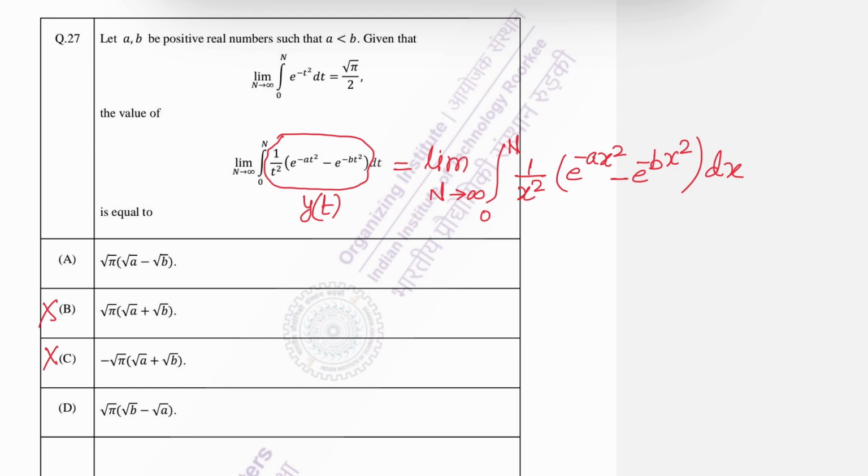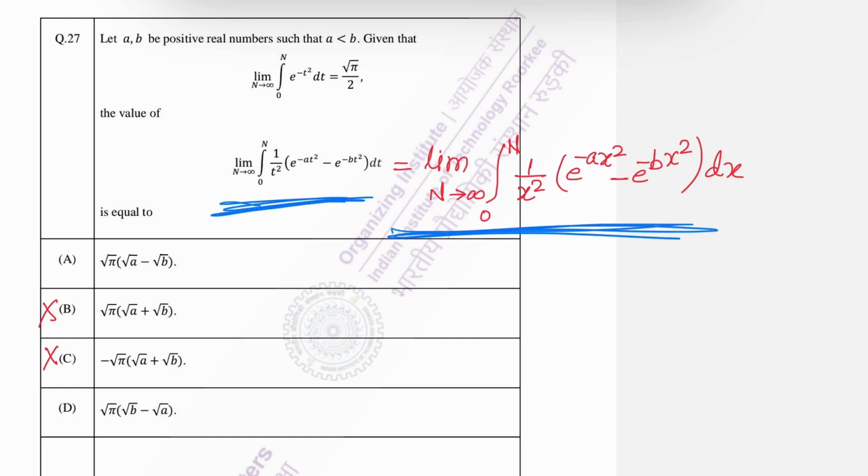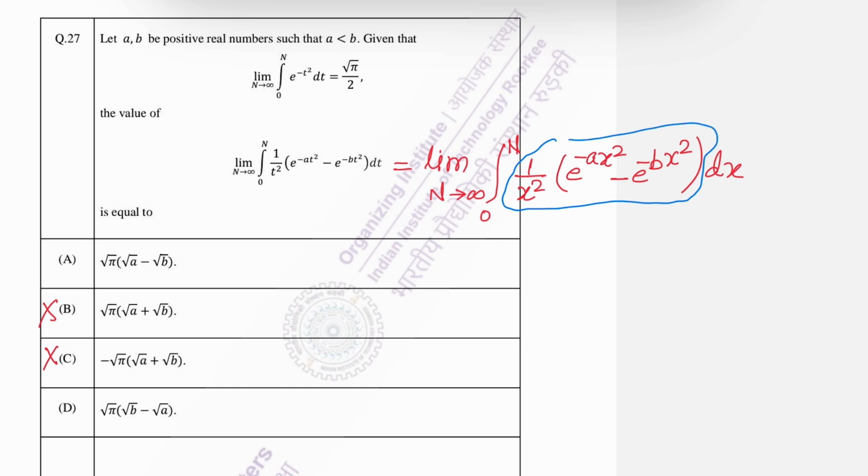And you know the value of these two, this one and this one, both will be the same. So now suppose the integrand, here is the integrand,